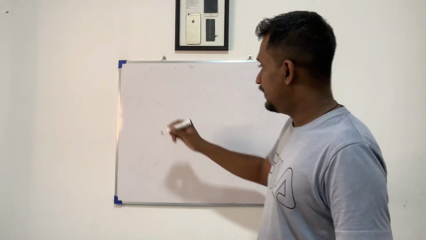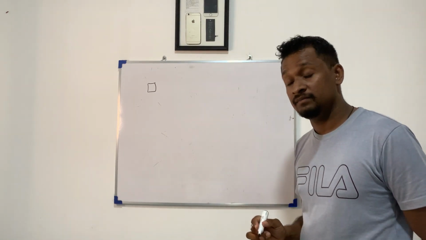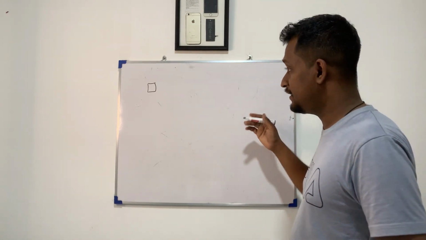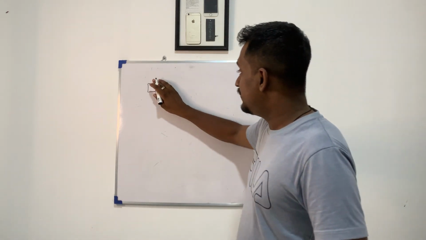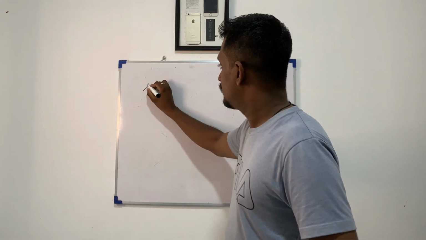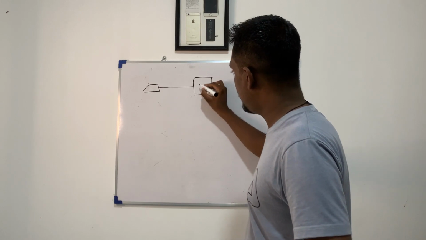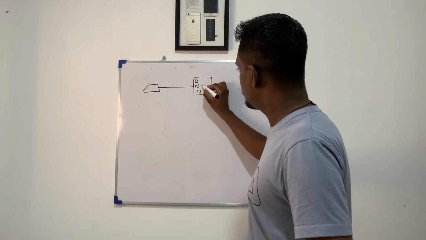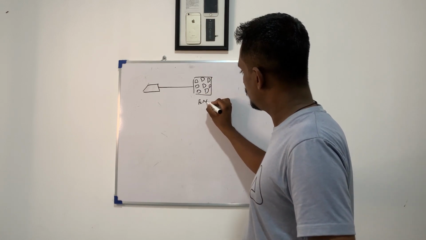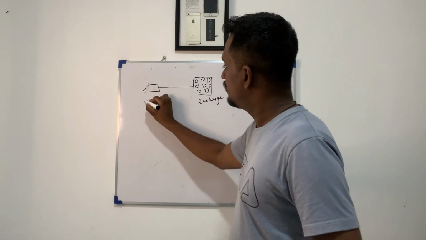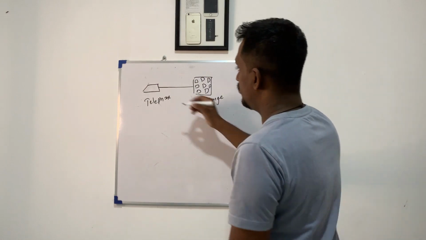We know a telephone is connected to a DP. The DP is connected using an underground cable to a unit called the cabinet, and it is connected to the MDF. The MDF is connected to an exchange. The part which is used to connect a telephone to one exchange, and this is also one exchange here, the whole part from the telephone